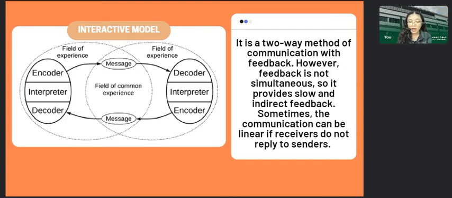Okay, so in that way, nagiging included siya sa interactive model of communication. Example of that, you want to ask me something about your activity, but I am having a class right now. So, I am not able to reply to your message immediately because I have discussion with other section. Okay, so it is an example of interactive model. Okay, so later i-discuss natin sa SCRAM model of communication kung ano yung example kapag may field of experience